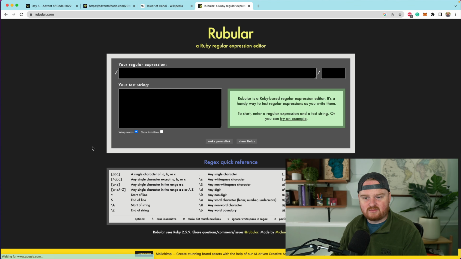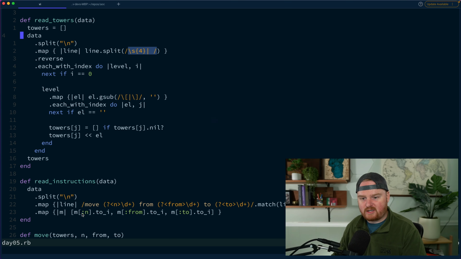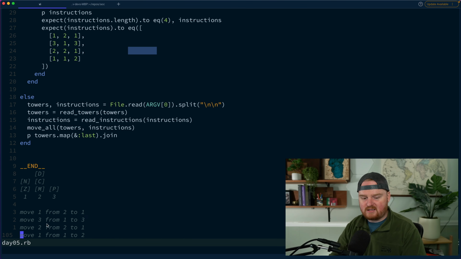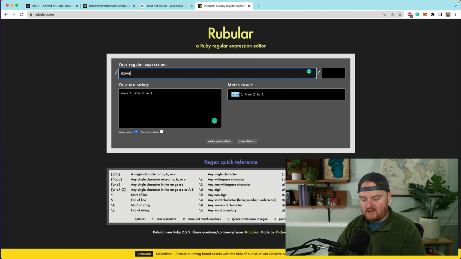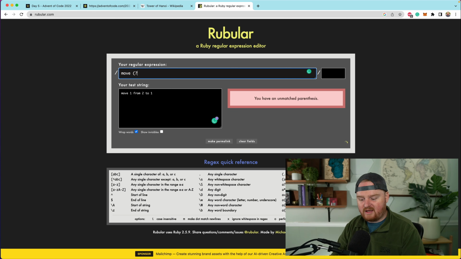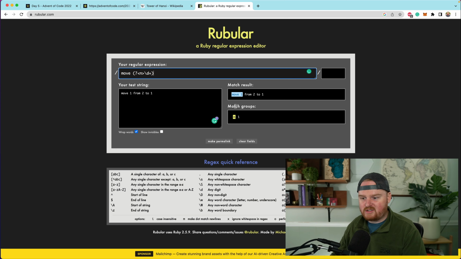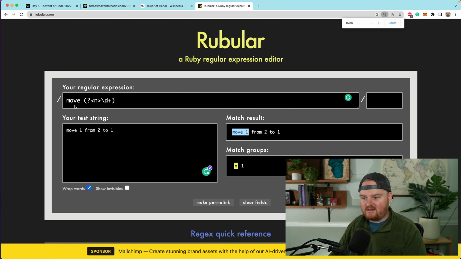Rubular is a really fun regular expression editor. So for instance, when we were talking about building the regular expression for this move from 1 to 2, you can have move, and then you can put your capture group in here, n, and that's going to be d plus. So now you can see that the match groups are n,